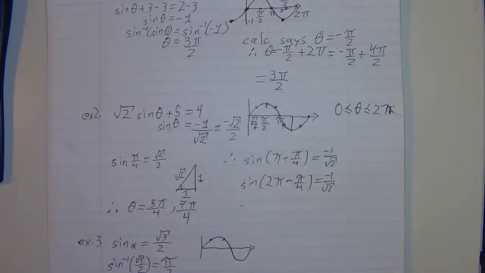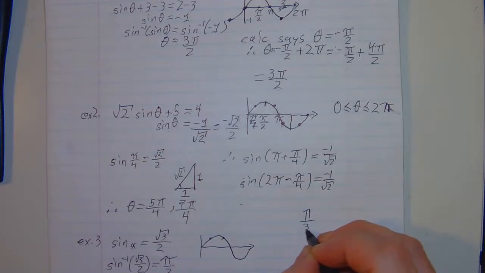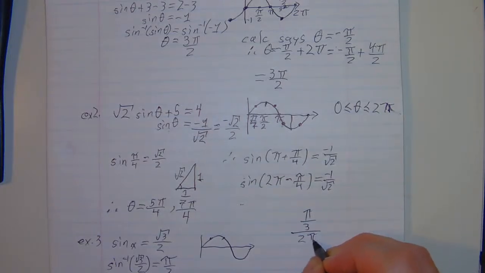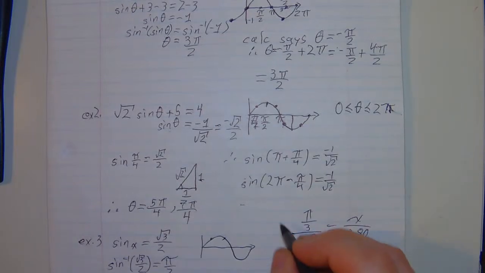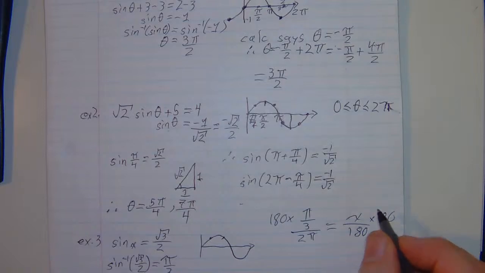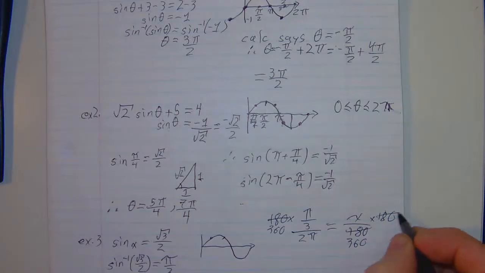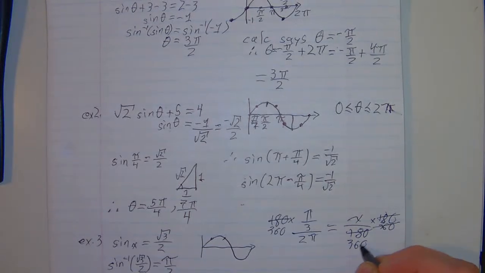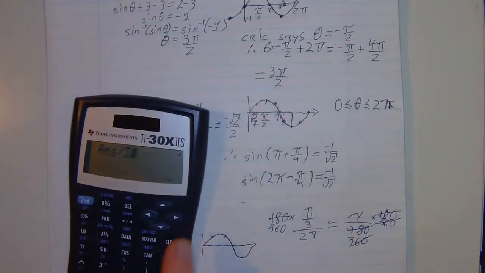Good question, Rumesa. So if we want to figure out what pi by 3 is, we can go pi by 3 over 2 pi equals x over 360. Multiply both sides by 360. Pardon me, I'm thinking if we're doing this with pi. So 360 and 360 cancel out. So if you do 360 times pi by 3 over 2 pi, you'll find out what you get